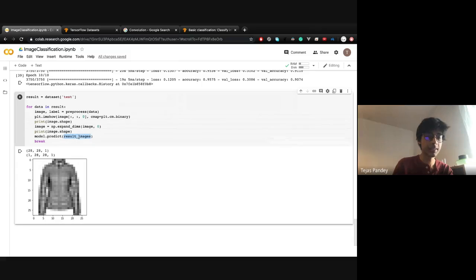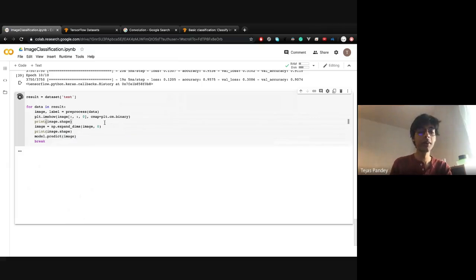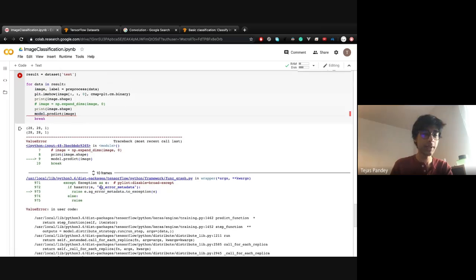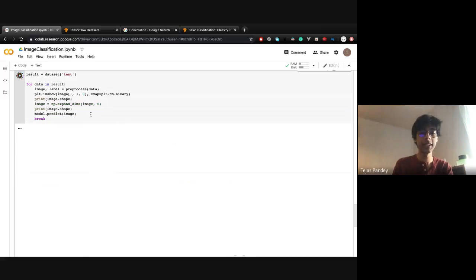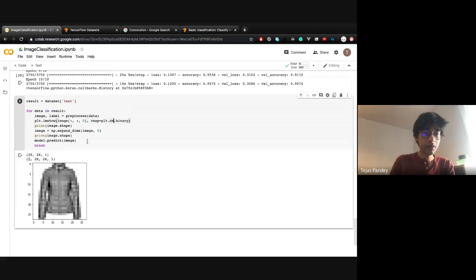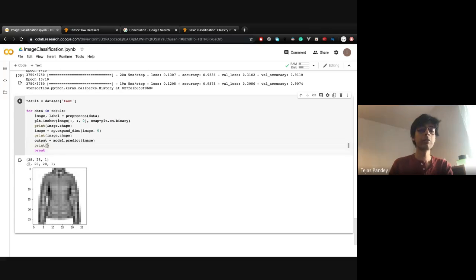And this is again a Colab thing, or a Python thing, where we have removed the code, but it still syncs and the code is there. But it's whatever, right? So now you can see that it works, and if you don't do that, then it wouldn't work because it expects a data set, and by a data set, it expects a number of images in the first dimension. Okay, so if we do output equals to model.predict, and then you print the output,